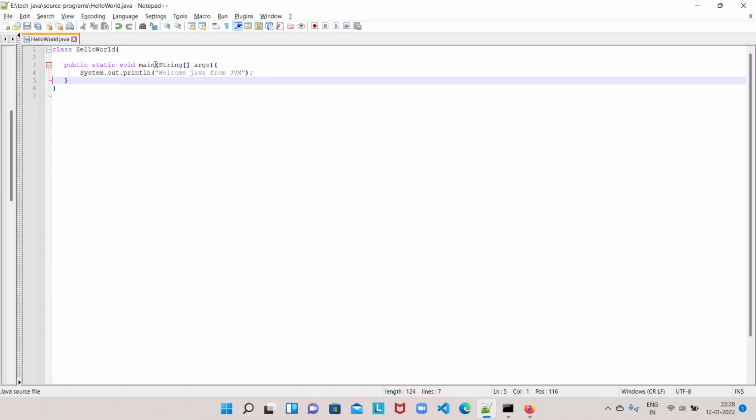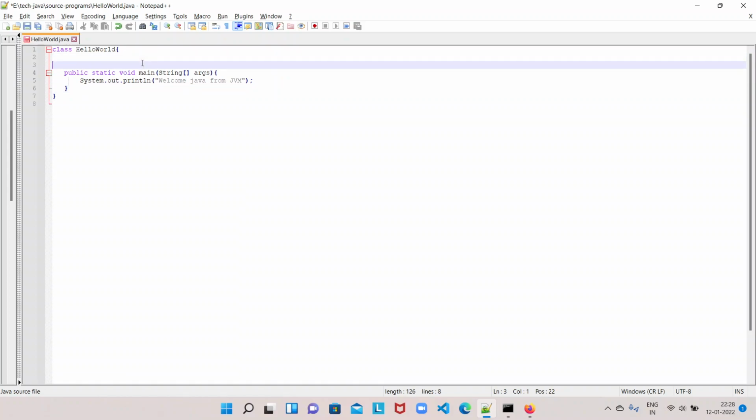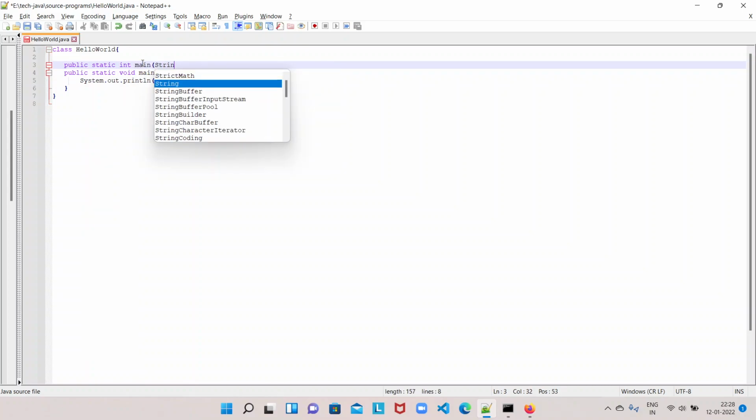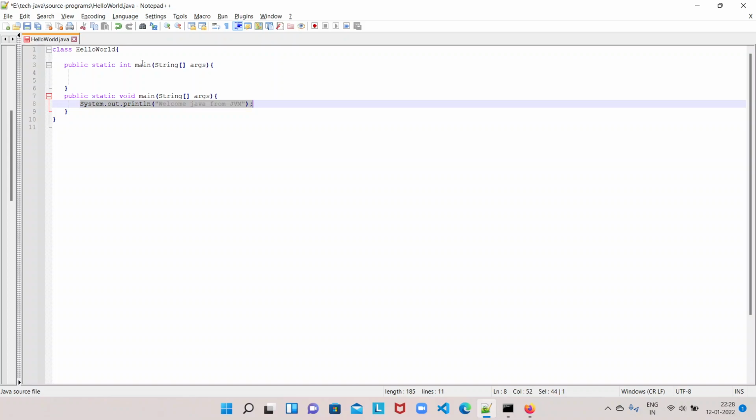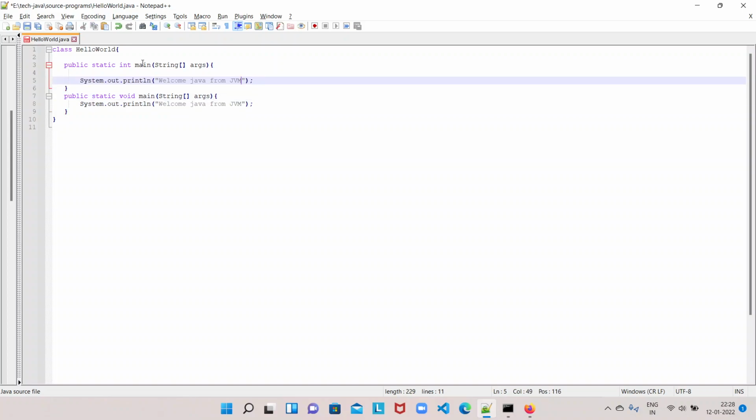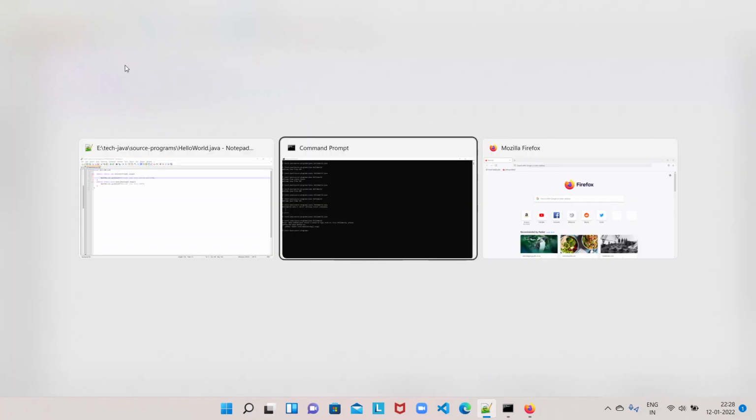Say, for example, I want to have one more method, public static int main, with exactly the same signature and the same name, but it is returning an int return type.